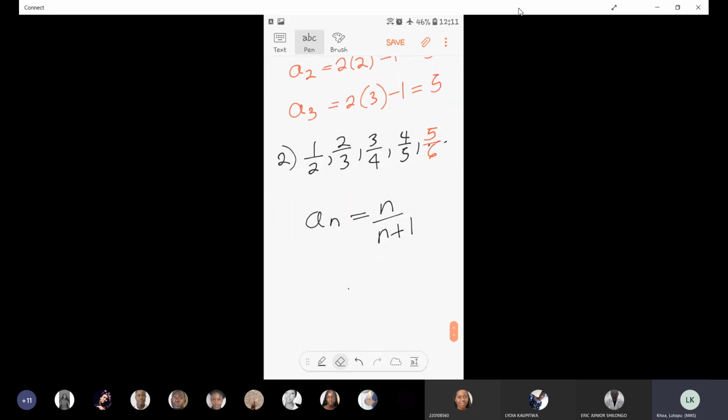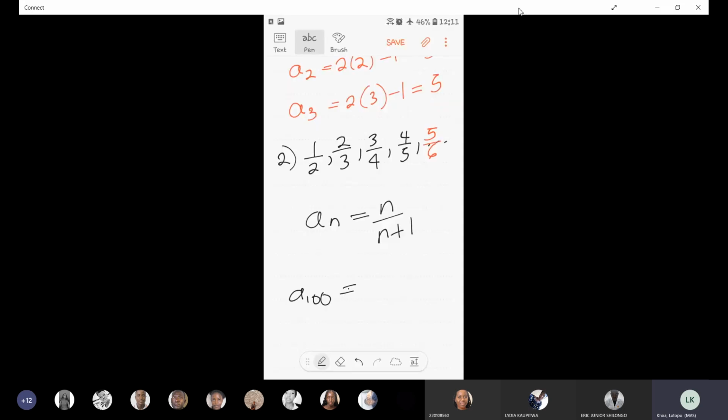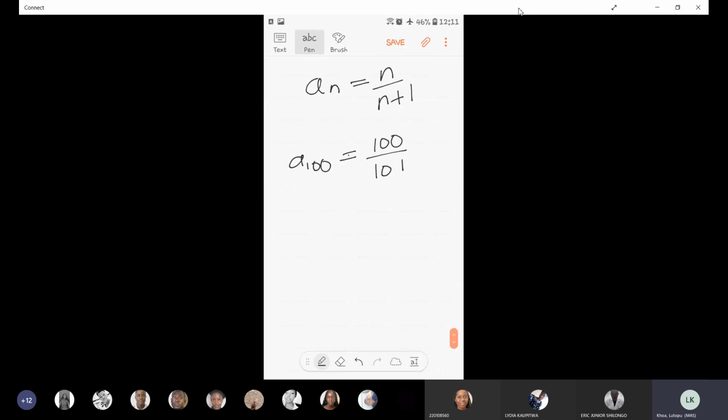So I do not need to list 90 of them if I want to work out term number 99 or so on. So I know that A 100 is just equal to 100 divided by 101. Okay, so that one is good. Then